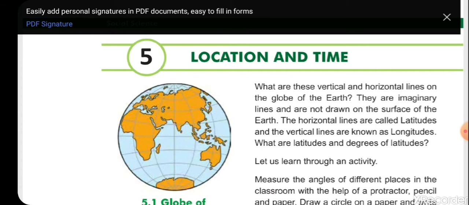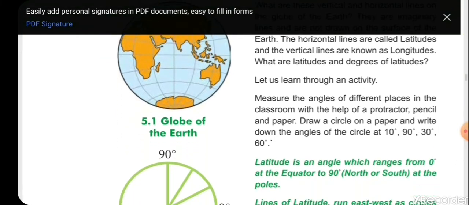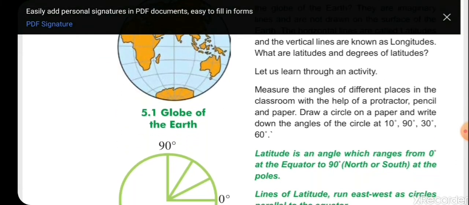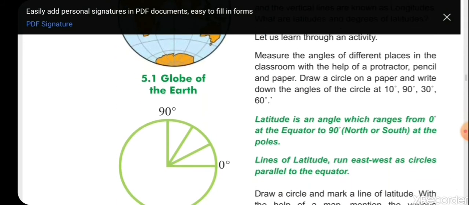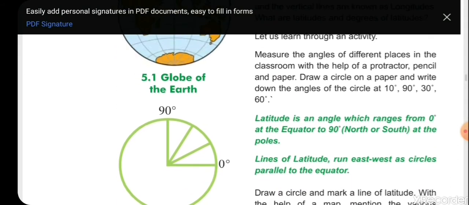So let's learn more about this through an activity. Measure the angle of different places in the classroom with the help of protractor, pencil and paper. Draw a circle on a paper and write down the angles of the circle at 10 degree, 90 degree, 30 degree and 60 degree. So if you see the picture on the left hand side, they have drawn a circle